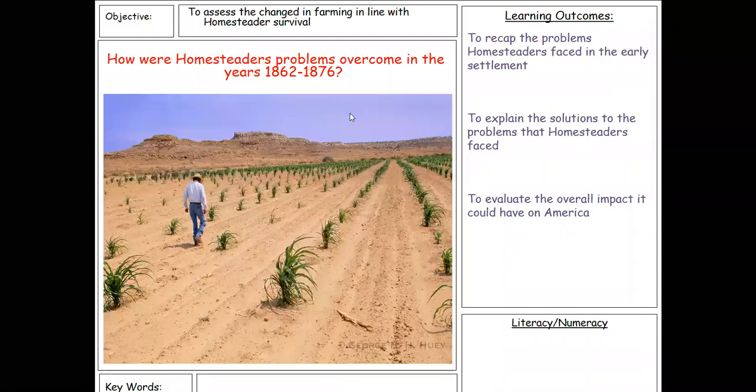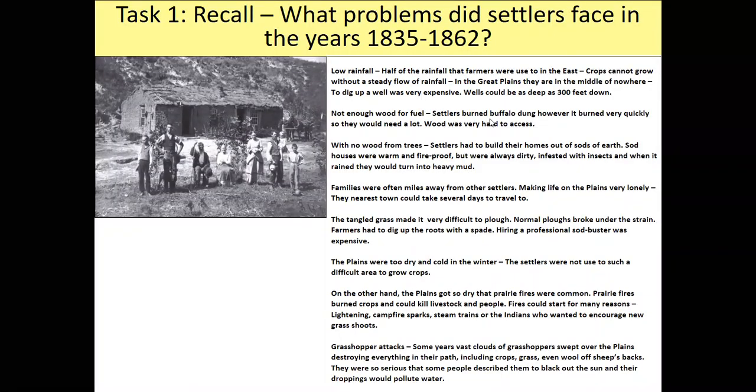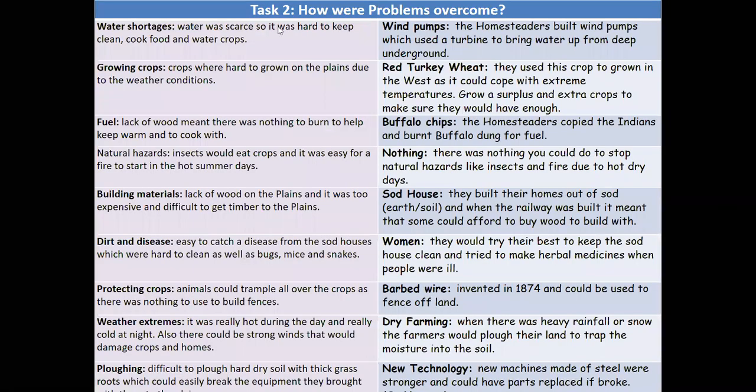What we need to understand, going back to the lesson objectives, is how on earth did the homesteaders overcome such significant problems? So the next bit I'm going to do is to explain the solutions, learning outcome 2. Right, now again, I'll just draw this so you're aware. What you've got on this side are all the problems. So I'll add a quick text box here, just so you have an understanding that this side are the problems that people faced. What you've got the other side are the solutions.